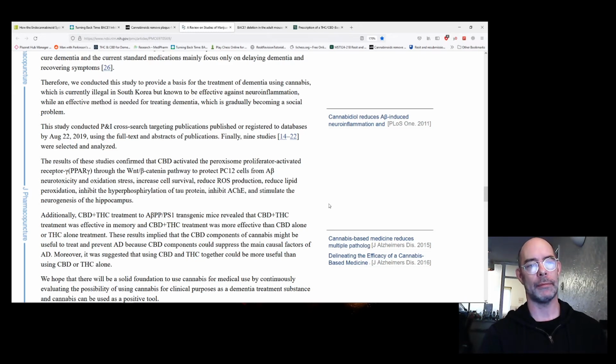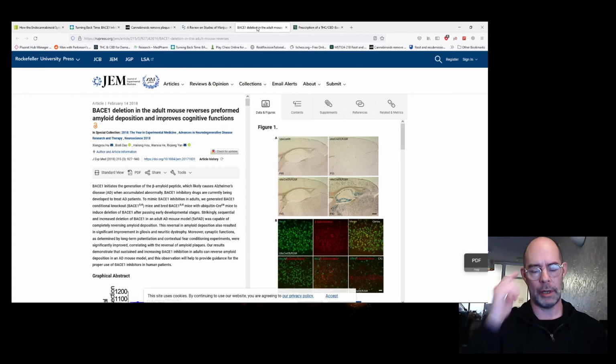Is it sinking in yet? Smoking marijuana will stop someone with Alzheimer's disease getting worse. According to the studies, it may reverse it. When I imagine the proteins that cover our neuroreceptors, once they're not being continuously bombarded by new ones, they degenerate anyway over time, I would imagine. So, it's a no-brainer, isn't it? If someone's got Alzheimer's disease, where these things are being coated in stuff, and you know there's a way of putting something in there that takes the coating off again, or stops further, for sure, 100% certain that it stops further amyloid beta build-up, because the tests show it, and they talk about reversing it,